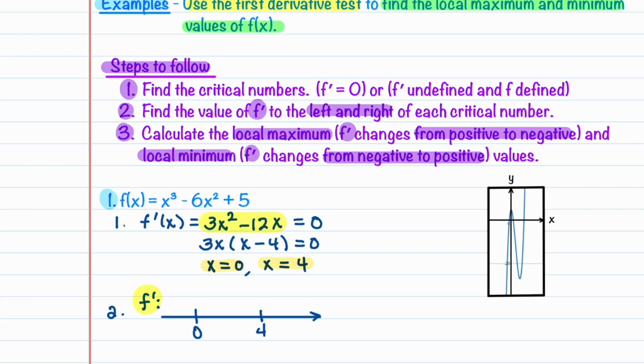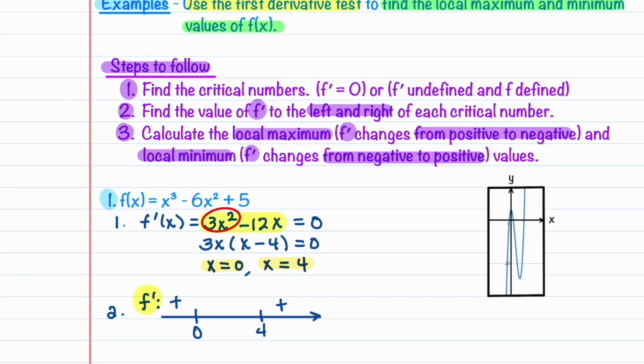Because f prime is a polynomial, when we look at the regions to the left and right of our critical numbers, we only have to look at our leading term, which is x squared. That term is positive, so we know that to the left and right, f prime is going to be positive,